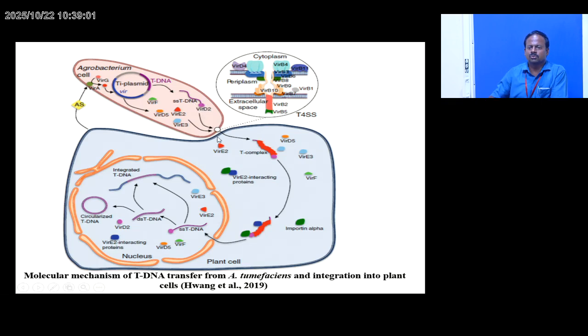When it is attached to the plant surface, some plant proteins as well as some Agrobacterium proteins are involved in the firm attachment. Once it enters the plant cytoplasm, VirE2 also binds with the single-stranded T-DNA to prevent host cell damage. Now it is called the T complex. This T complex interacts with the plant VirE2 interacting protein, which has an NLS sequence for the nucleus. Then it is exported